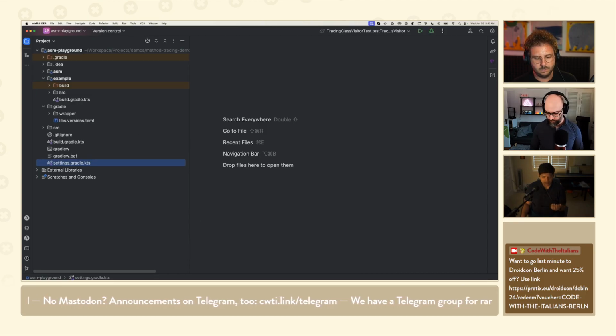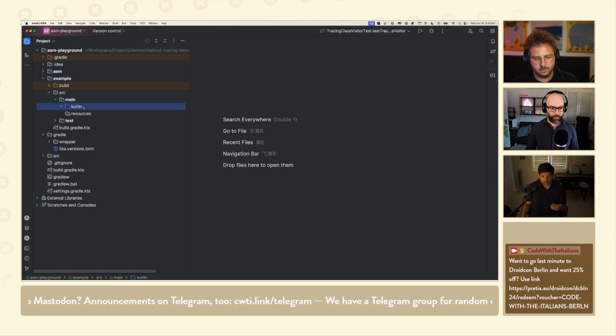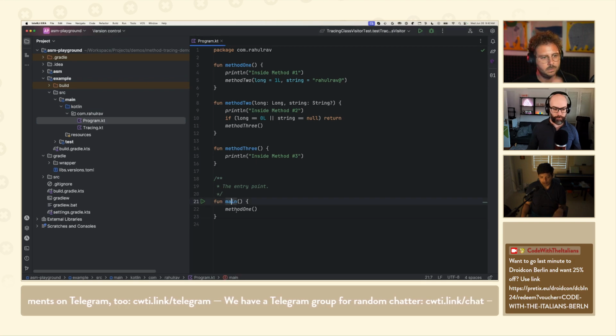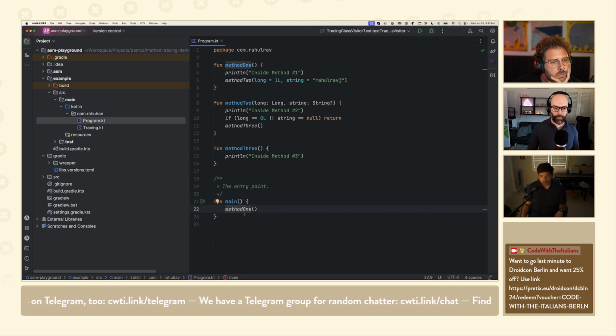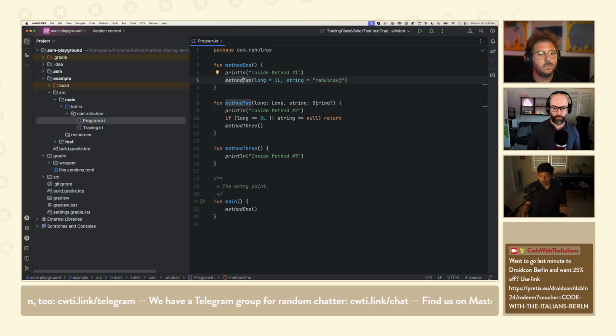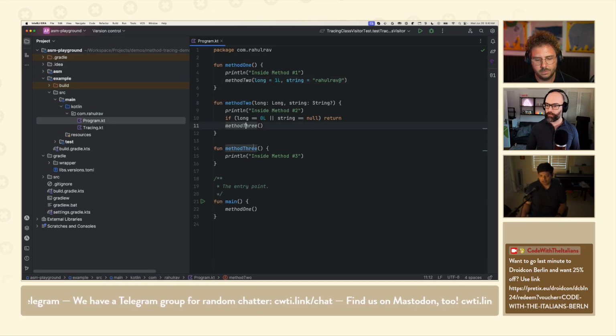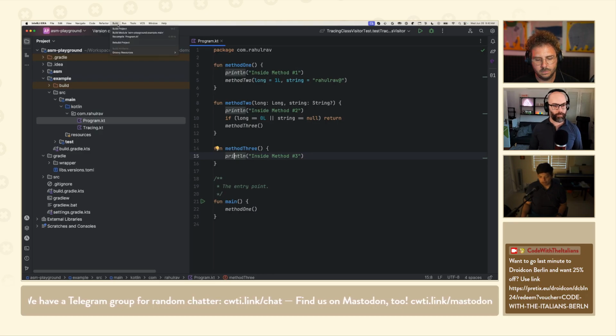In my source main Kotlin, I have this code. I have a very simple program. We have an entry point, main, which calls method one. Method one calls method two. I pass in a bunch of arguments, but they're irrelevant, to be honest. I'm just trying to show you a little bit of control flow. Then method two calls method three, and then I just have print lines. And if I were to build this, if I just build the project,